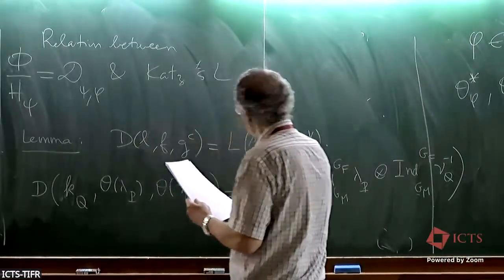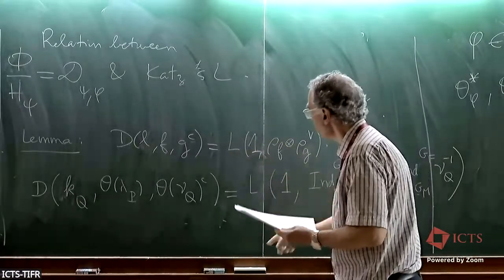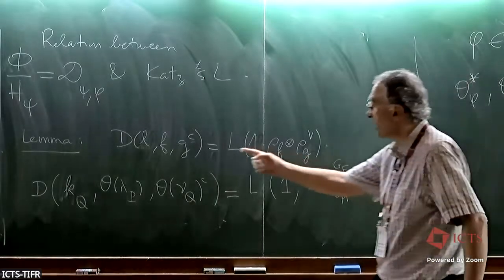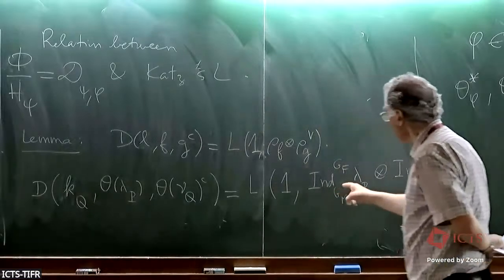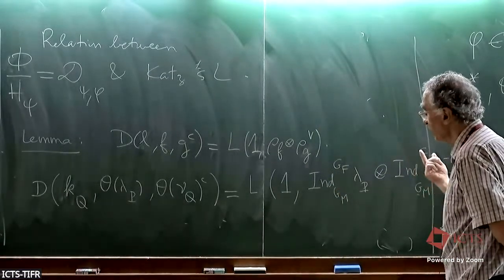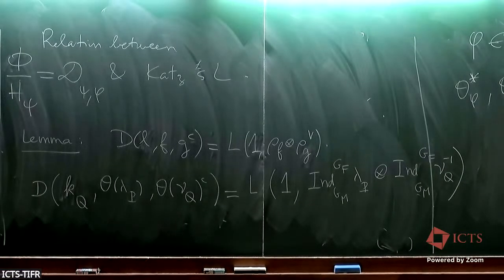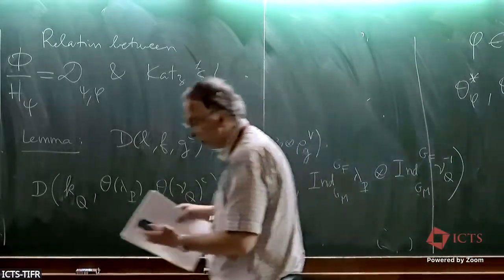This is equal to this. That's true. This is equal to this. Therefore, this is equal to this. And now you see the relation between the Rankin-Selberg L function and the Katz L, or the Hecke L for the moment, because you have a very simple formula of group theory,